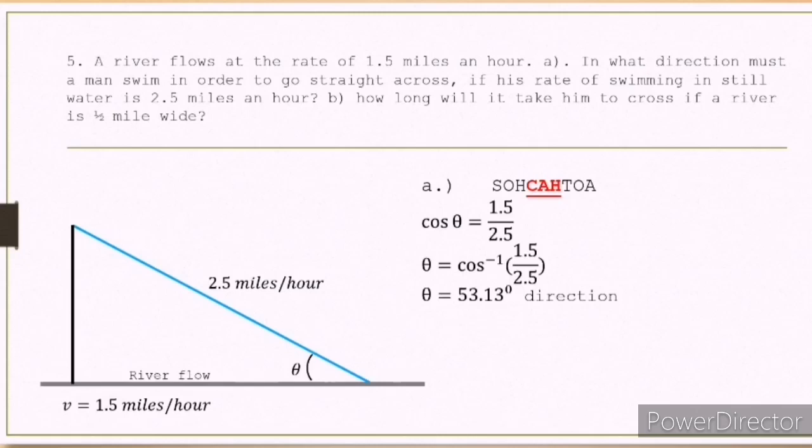B: How long will it take him to cross if the river is 1/2 mile wide? So to find that, we use the CAH. So A, the cosine